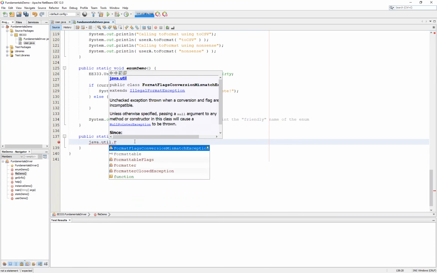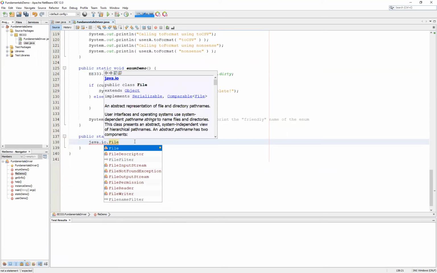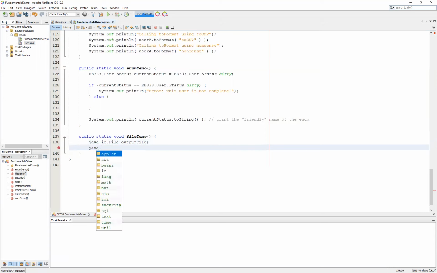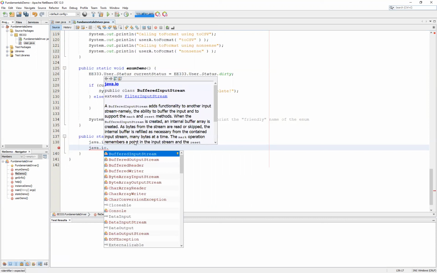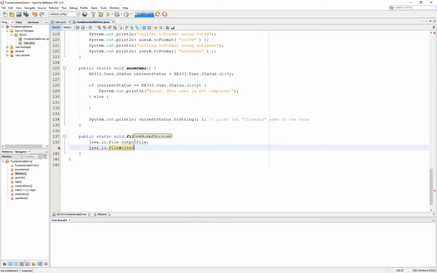java.io.File, and we're just going to call this variable outputFile. We're not going to initialize it yet. And then we're also going to have a java.io.FileWriter. We're going to take a look and we're going to see that there are actually quite a few different classes that we're going to use in this particular package. And we're going to call this one output